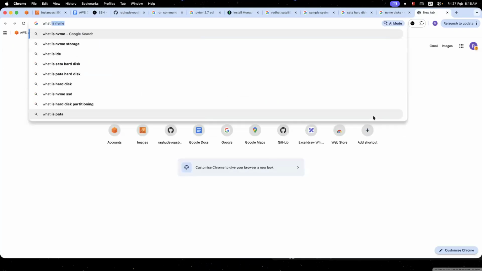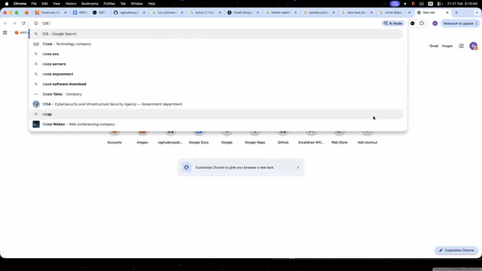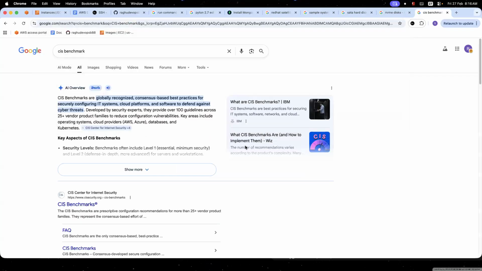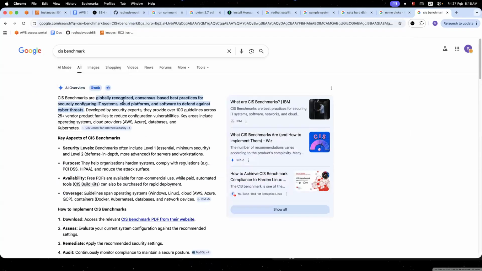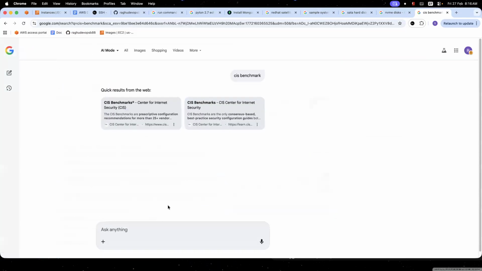And there is something called CIS benchmarking. CIS, Center for Internet Security, you can consider. It is a globally recognized set of consensus-based best practices for securing your IT systems. Most of the IT systems you operate will adopt the CIS benchmarks. Now, in the CIS benchmark,